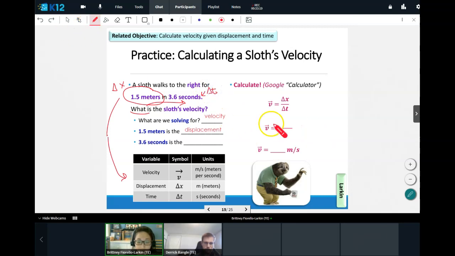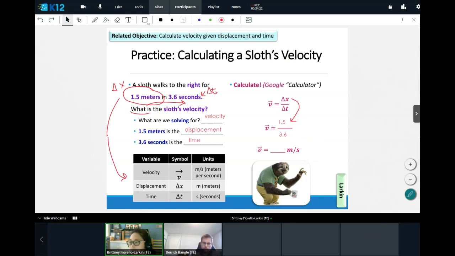So let's go ahead and actually plug that in. So this right here is our time. So on top, I'm going to go ahead and put the displacement. So what number should I put on top? Based on what we annotated, what number should I put on top? Yeah, so 1.5 goes on top, and what goes in for time? Based on what we annotated, what goes in for time? Beautiful, yes, 3.6. And if I were to divide that, 1.5 divided by 3.6, I'm going to go ahead and